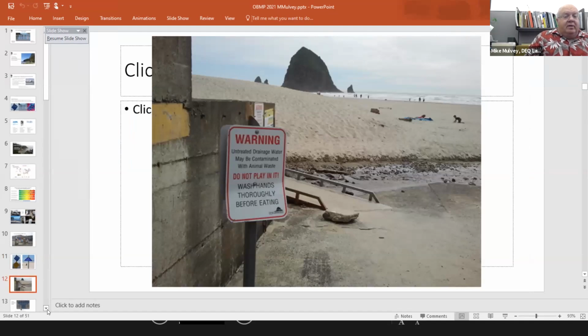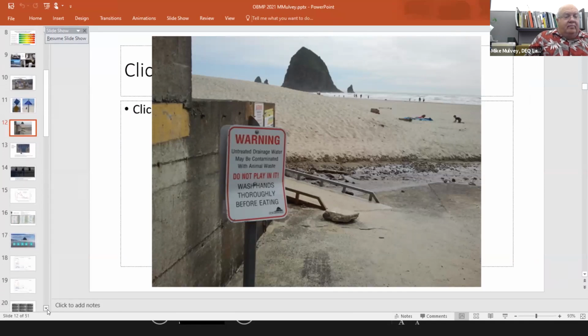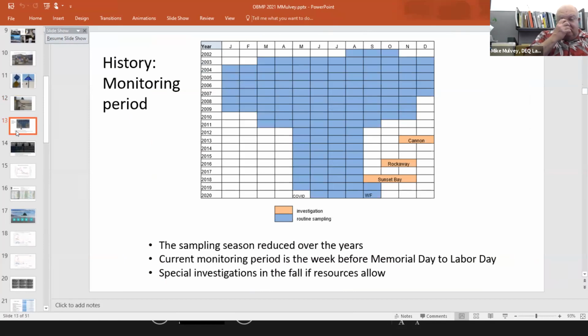at the Ecola Court stormwater outfall. Looking at the history of the program, since 2002, we have months of the year across the top, and these are the months that we were out collecting samples. And you can see in the early years after the program got started, we were out there all year. But as resources were reduced and we had to bring our monitoring more in line with what we could afford,